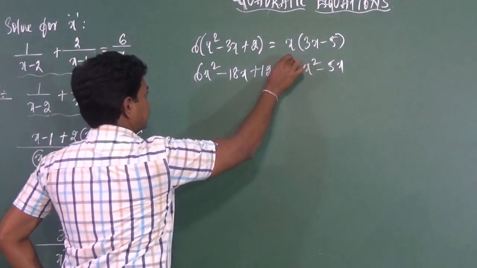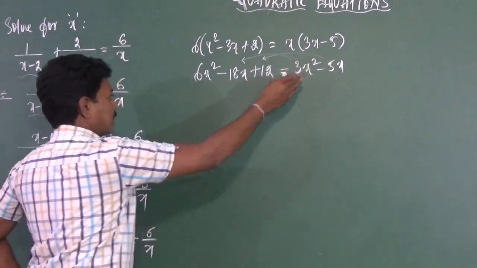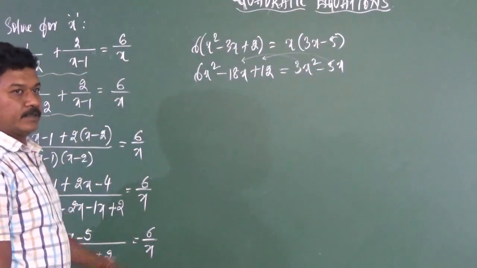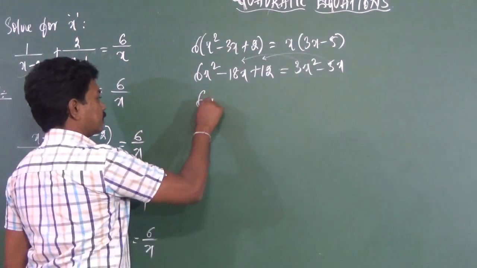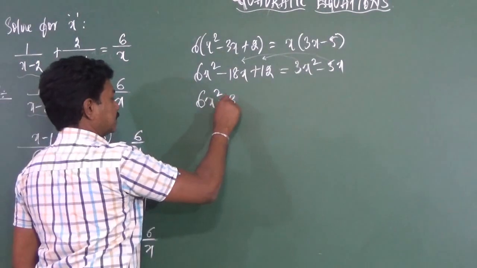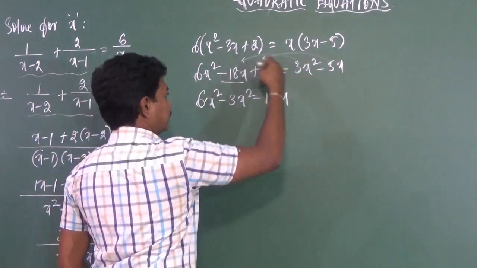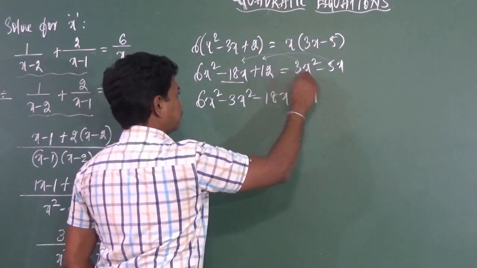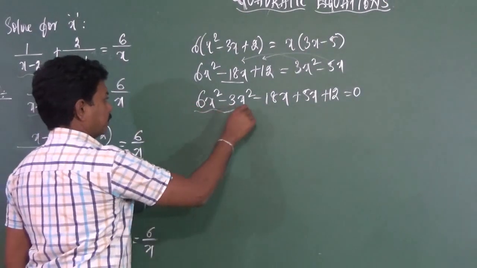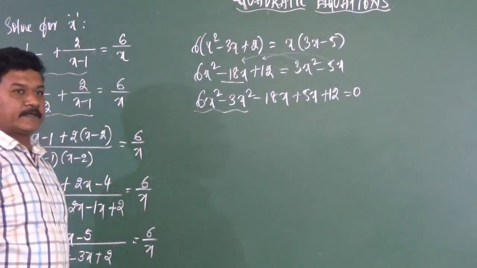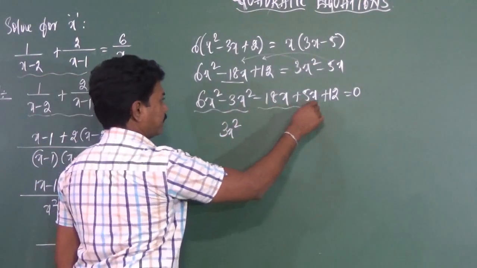So, we will transpose this term to the LHS and make the RHS equal to 0 so that we set up an equation here. Okay, right? So 6x square minus 3x square, it is minus 18x plus 5x plus 12 is equal to 0. Right. So 6x square minus 3x square is 3x square. Okay. So 3x square minus 18x plus 5x